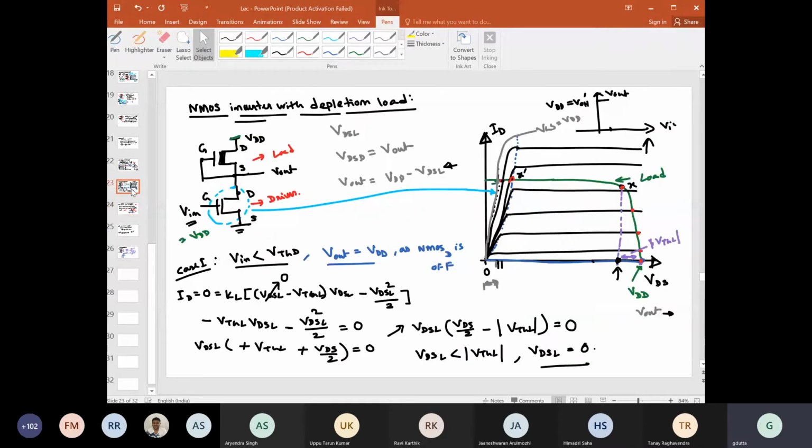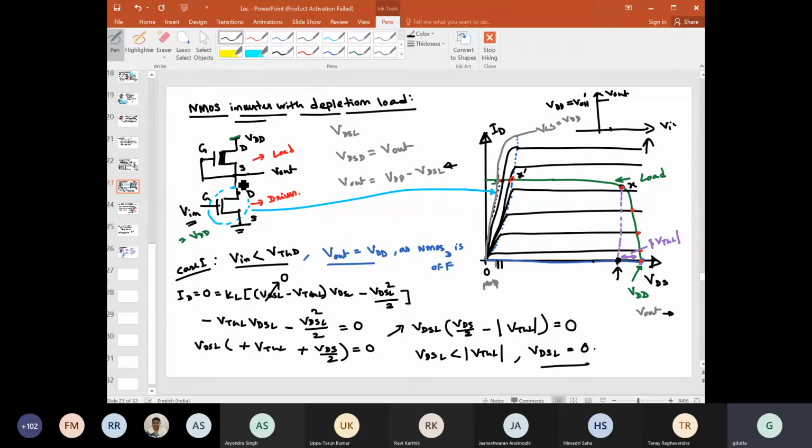One thing, see here, things are good so far, because we have seen that the output voltage transition is quite smooth for this case. The VOH dash is equal to VDD. That is also good, but the bad part is that the transistor is not getting off. This transistor is always on, particularly in this region, and as a result we are not getting the minimum output voltage equal to 0, but somewhat higher than that.